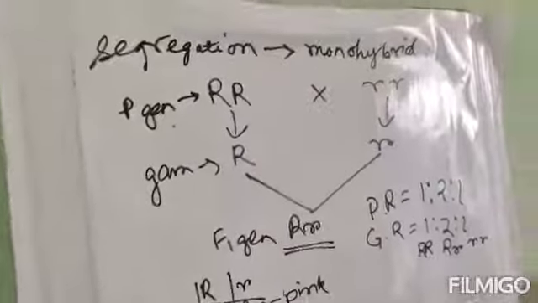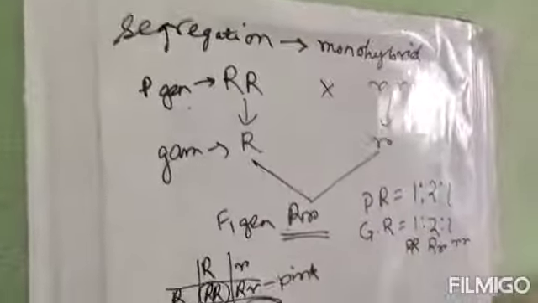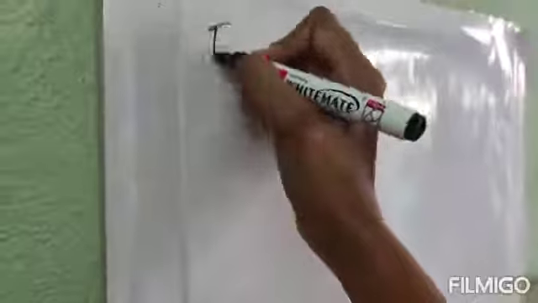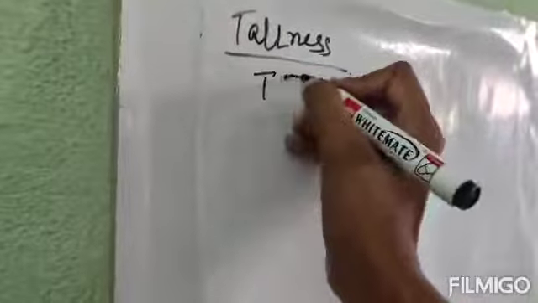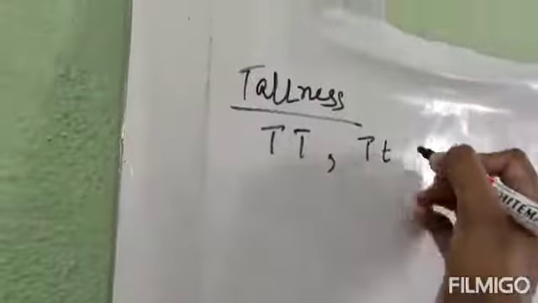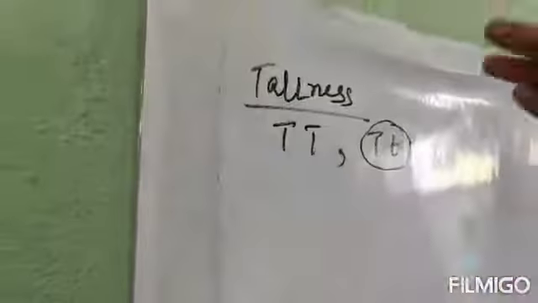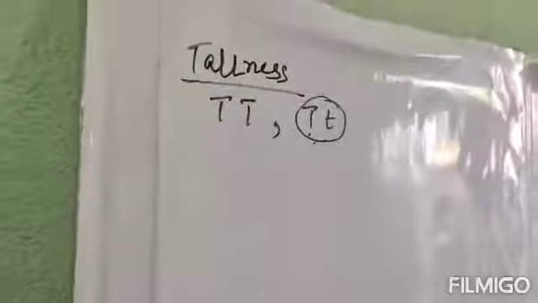Okay, next. Number 14. Different genotypes produce the same phenotype. Justify the answer. Okay, now we will see. Let's give the example: tallness, right? It is expressed by capital T. So suppose capital T capital T and capital T small t are given. Will it show the tallness? Obviously it will show the tallness because this T is the dominant character and the dominant will express itself, right? So obviously it will show the tallness.